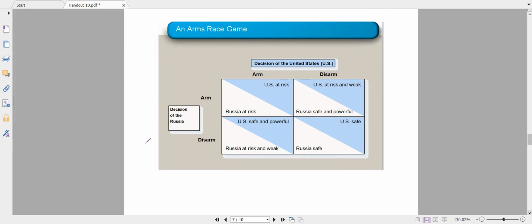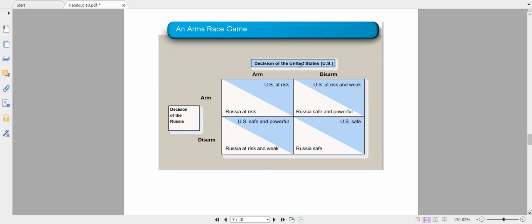Here the arms race is between two rival countries, United States and Russia, and the decision is to arm or to disarm. Now the payoff matrix is in front of you, and you can clearly see that it's beneficial for both the countries to disarm, and as a result both the countries are going to save billions of dollars in building arms and ammunition. So this is going to be the cartel outcome, the best strategy for both the countries, but you can see for yourself that this is not a stable strategy.